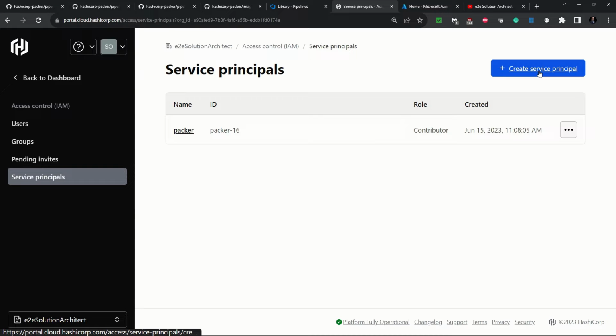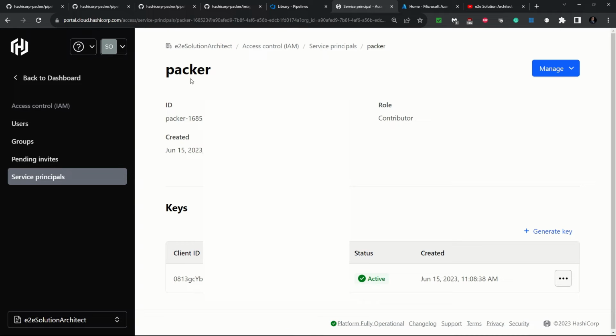ID and the secret. Okay, so here in my case I have a service principal already created, so let me take you inside that service principal. Once you create the service principal it will be created without any key. Now you have to click on generate a key, then it will create the client ID and the